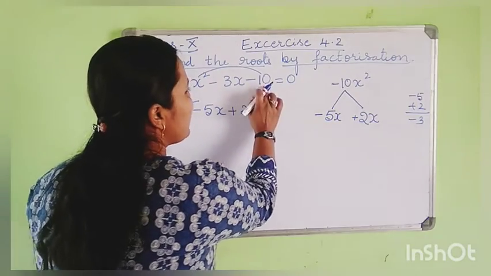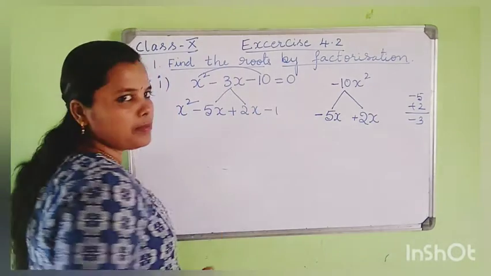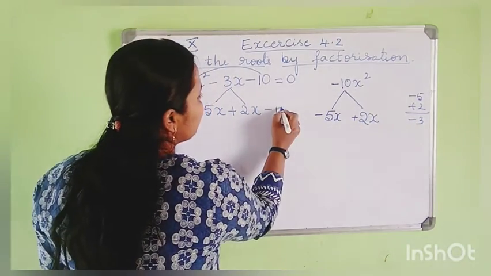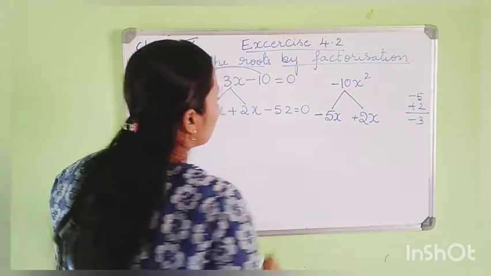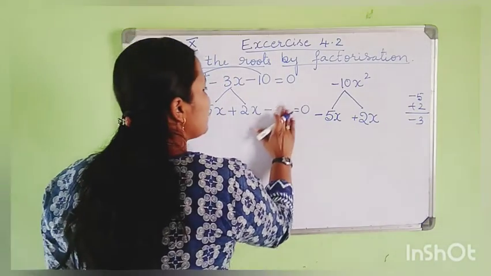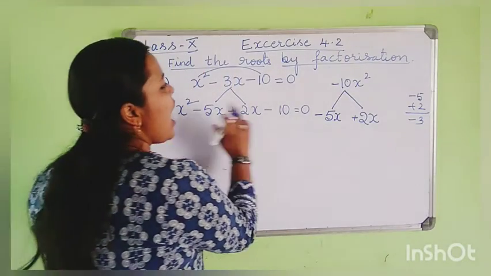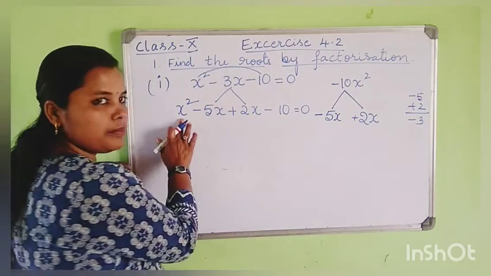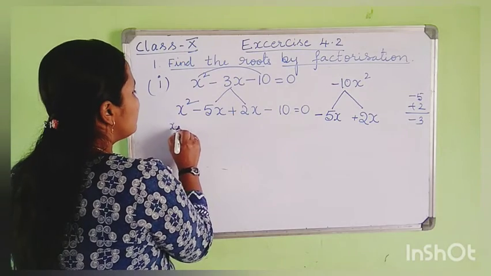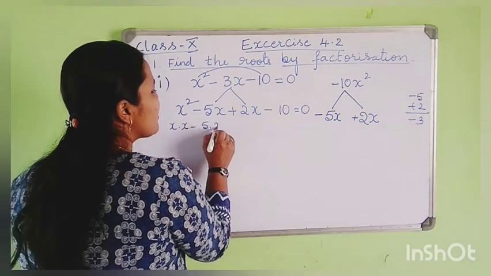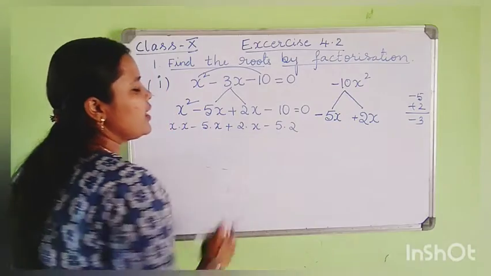Listen carefully. Replace the first and the last term as they are. Only the middle term has to be split. You understand? So this 10 can be taken as 5 into 2, or you can take 10 only in this step and split in the next step. The first term and the last term of the equation are the same. Only the middle term is splitting here, right? So now you can split all the factors. So this 10 can be taken as 5 into 2.